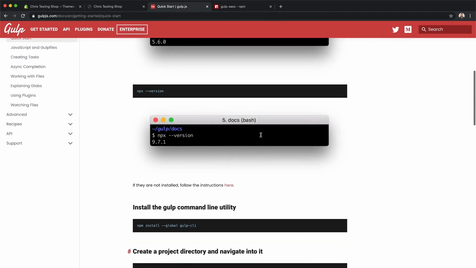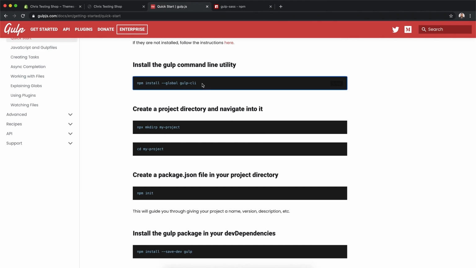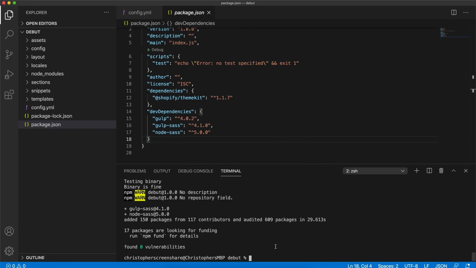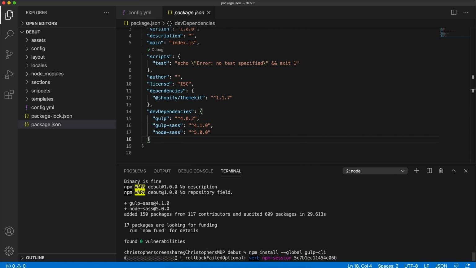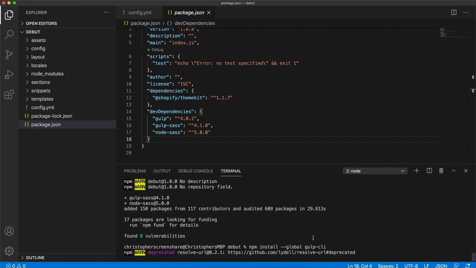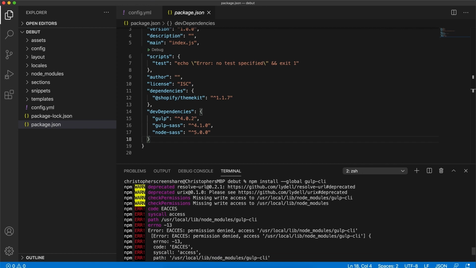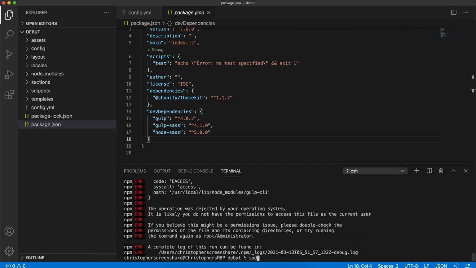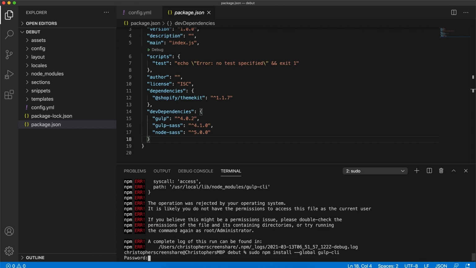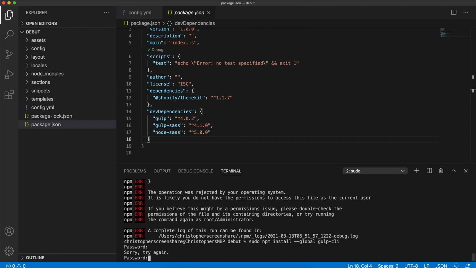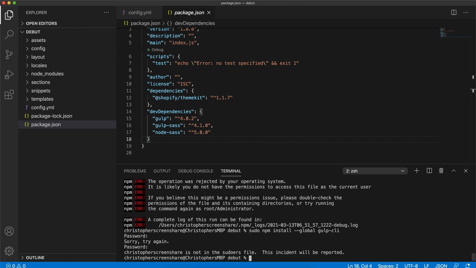If I scroll up, I think it's, here we go, this one: npm install --global gulp-cli. I've already got it installed, so it's just going to install again. But you definitely need this tool in order to run Gulp commands in the command line. Looks like local access has been denied, so I'm going to just add sudo in front of it. You might need to do that as well. It'll ask you to put in your computer password. Unfortunately, I'm on a guest account here and do not have sudo access, but I already have the tool installed,